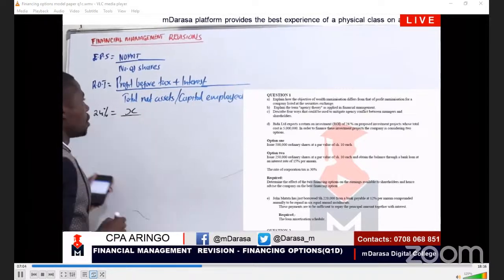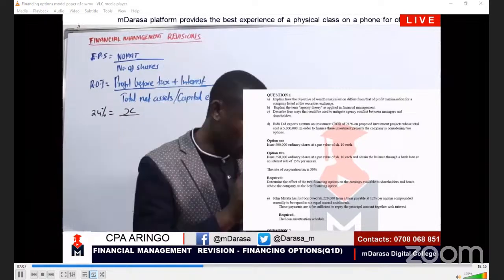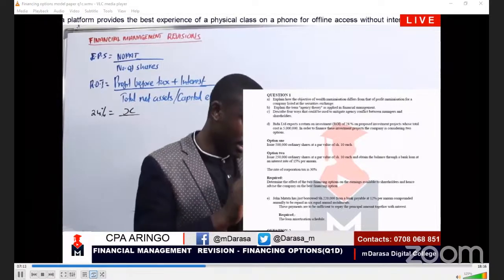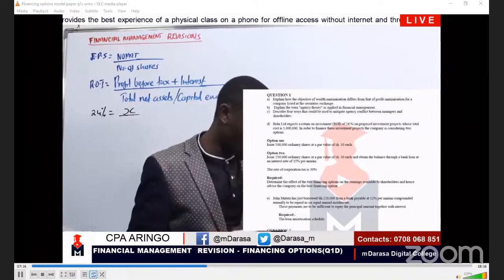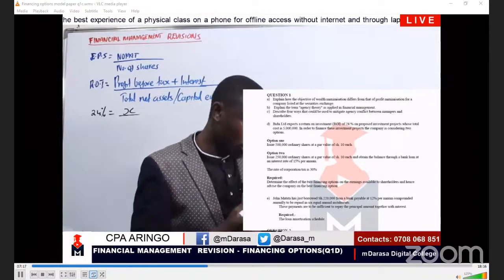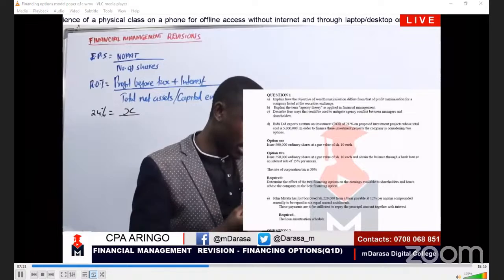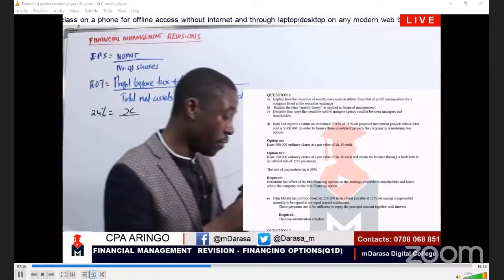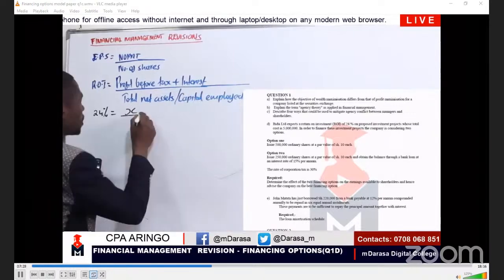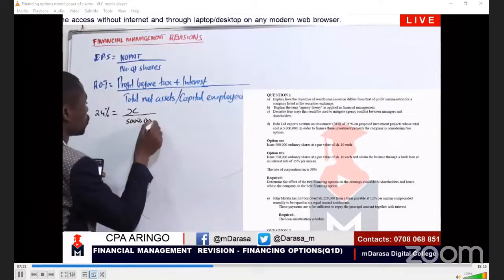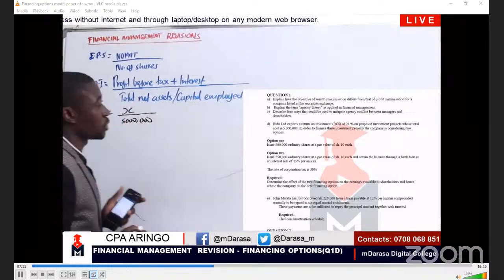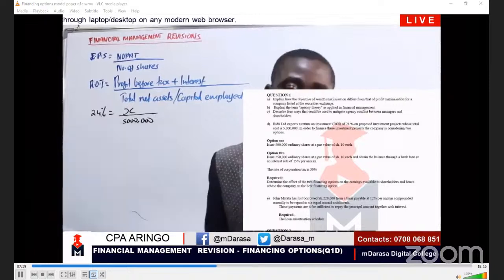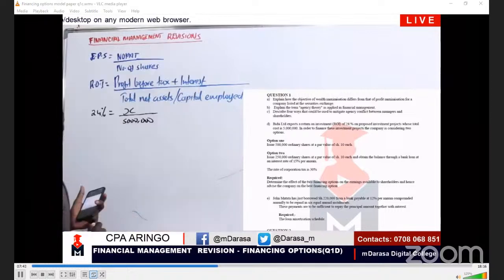What about capital employed? How much are we investing in this question of ours? You're told that BB Limited expects a return on investment of 24% on proposed investment projects whose total cost is 5 million. So capital employed, I should be talking of what? 5 million. This is what I'm going to invest. So having that case, my good students, clearly at this point, the good question that we should ask ourselves is whether, having this, we can determine our profit before tax.